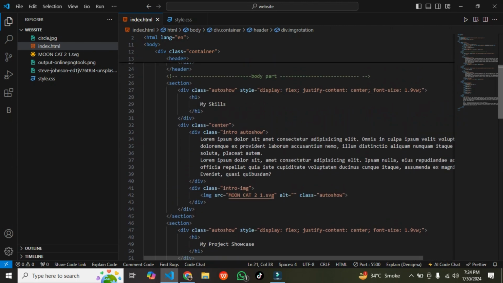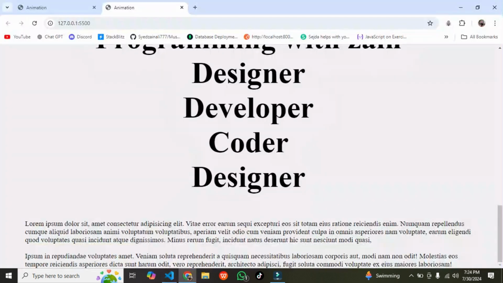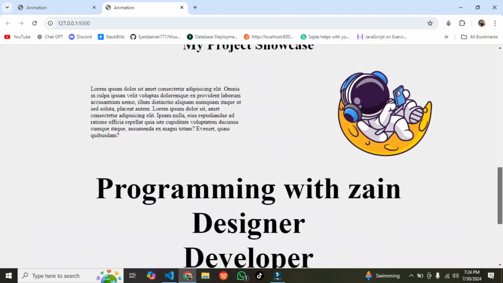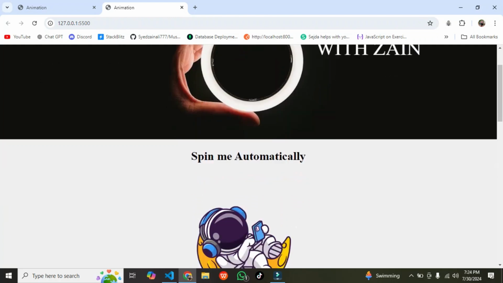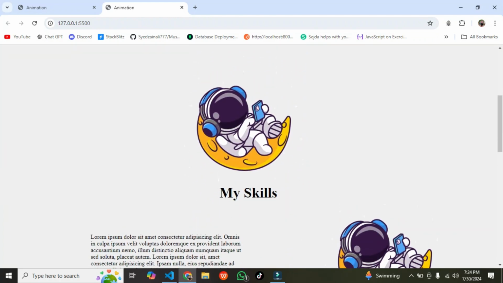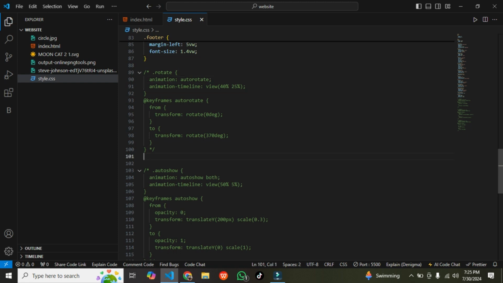And first of all, I will tell you how you can add the rotate or spin animation into your web page. My page is like this right now, it is a static design. If I scroll like this, it will not move. So how can you rotate this image? Let's start with the rotate animation.